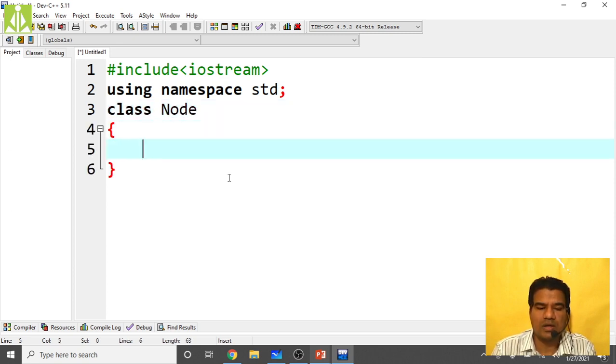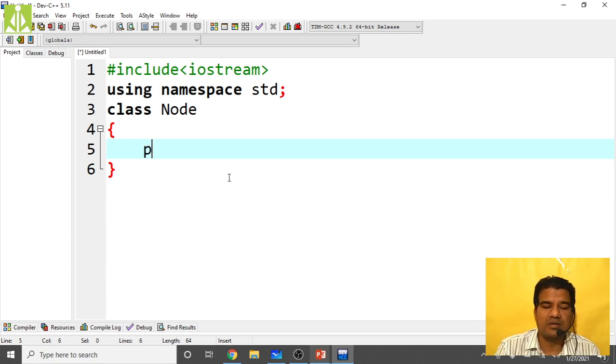Class node. When you are writing the node class, make sure it has one extra data member, that is height. We maintain height, and using that height we maintain the balance factor of every node, because when constructing the AVL tree, after adding or deleting a node, we immediately calculate the balance factor to check whether the tree still has its AVL tree property or not.